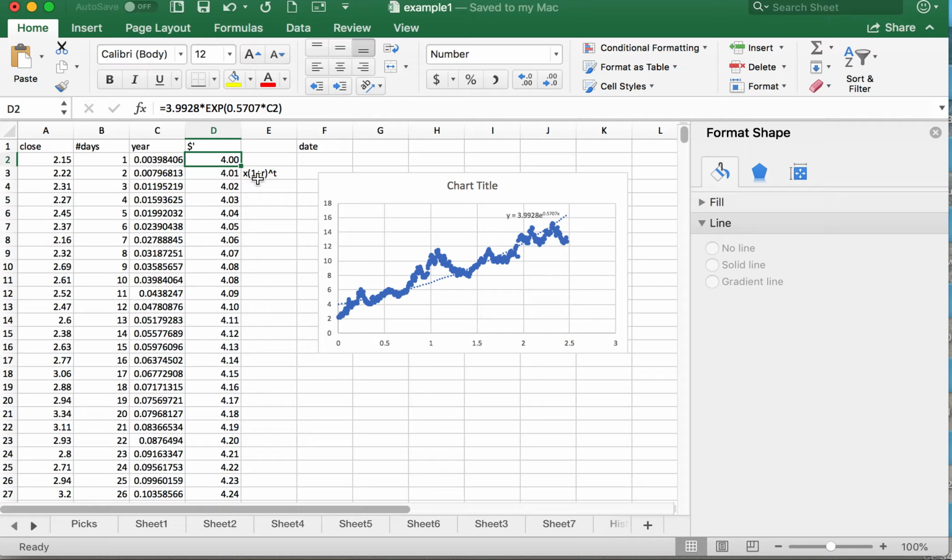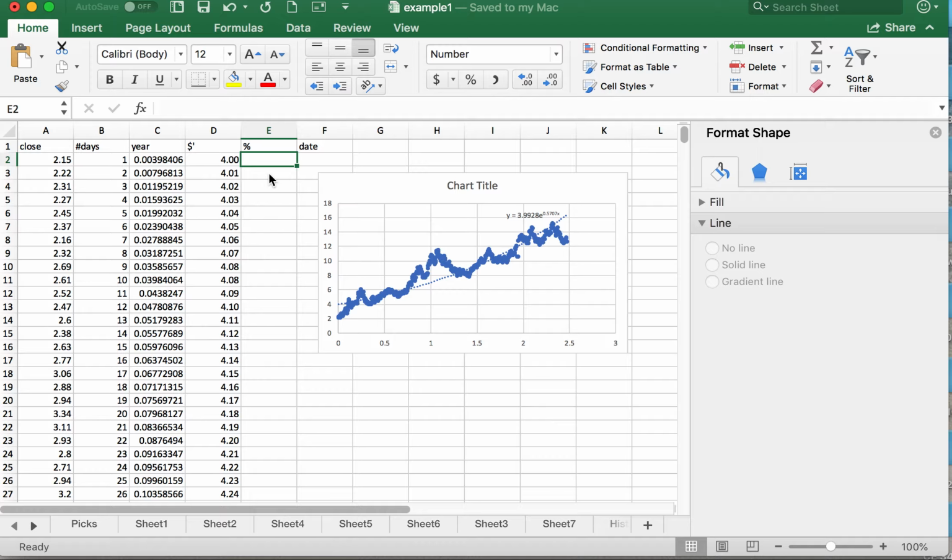So if you do want to find out what your actual rate is, you can solve for that equation there. But for our purposes, since we're just comparing stocks to each other, we're just going to stick with this 0.5707 value, and we're going to call that K. So we don't need this. But like I said, if you do want to know what the rate is, that's how you would solve for it. All right, and this is going to be their percent,